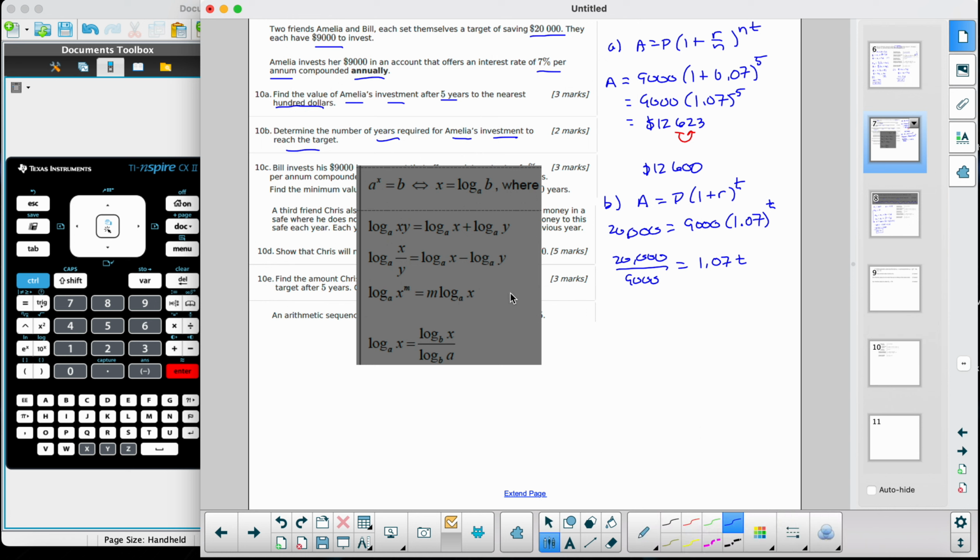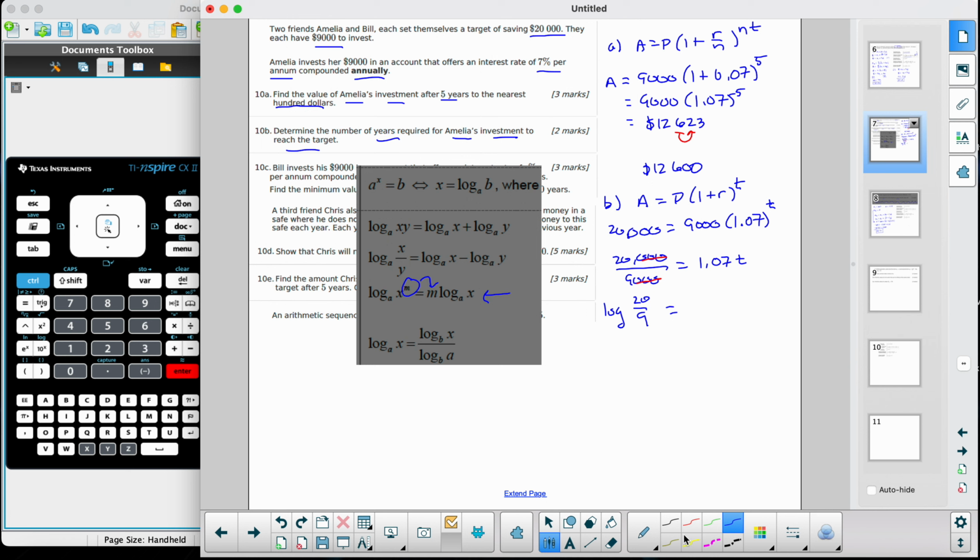I'm going to use the exponent rule, right? If I take the log of both sides, I can move the exponent out front. So I'm going to take the log of 20,000. You know what? I'm going to make this even simpler to enter into our calculator. Whenever you have zeros over zeros, you can count out the least number they have in common. So these zeros cancel. It's the same as dividing by 1,000. So now it's just 20 over 9. Makes it a little bit easier to enter in our calculator. Log of 20 over 9